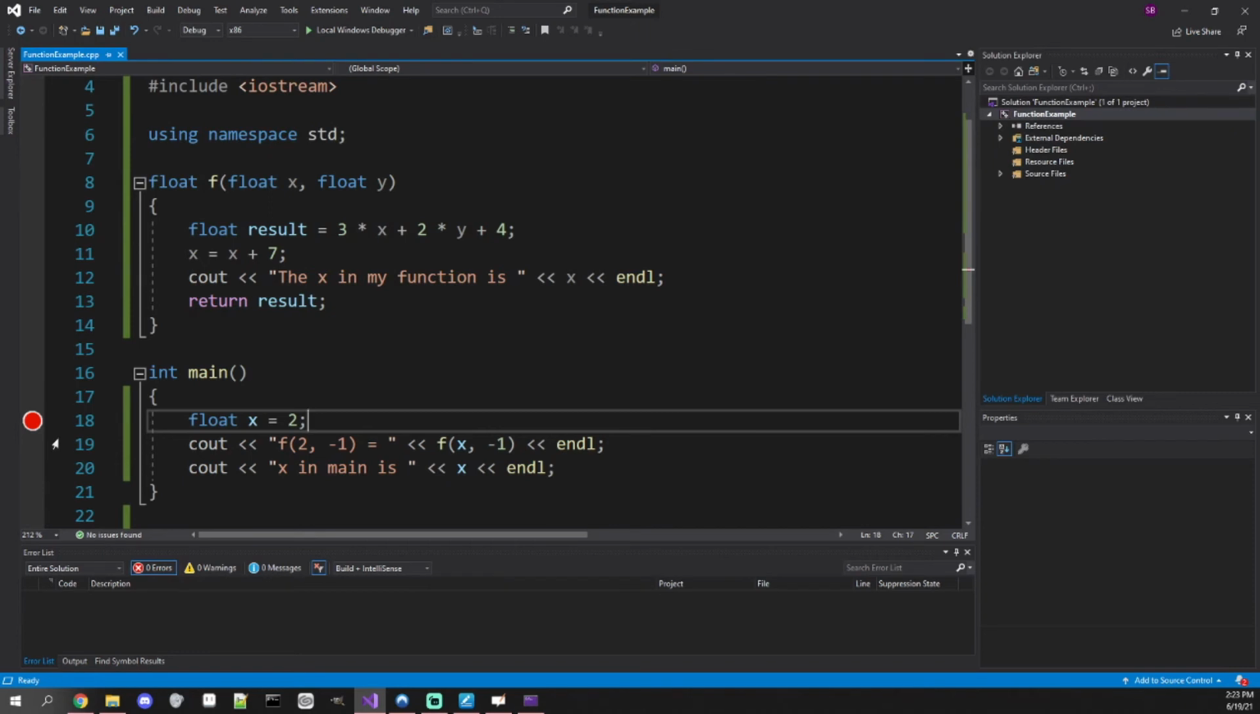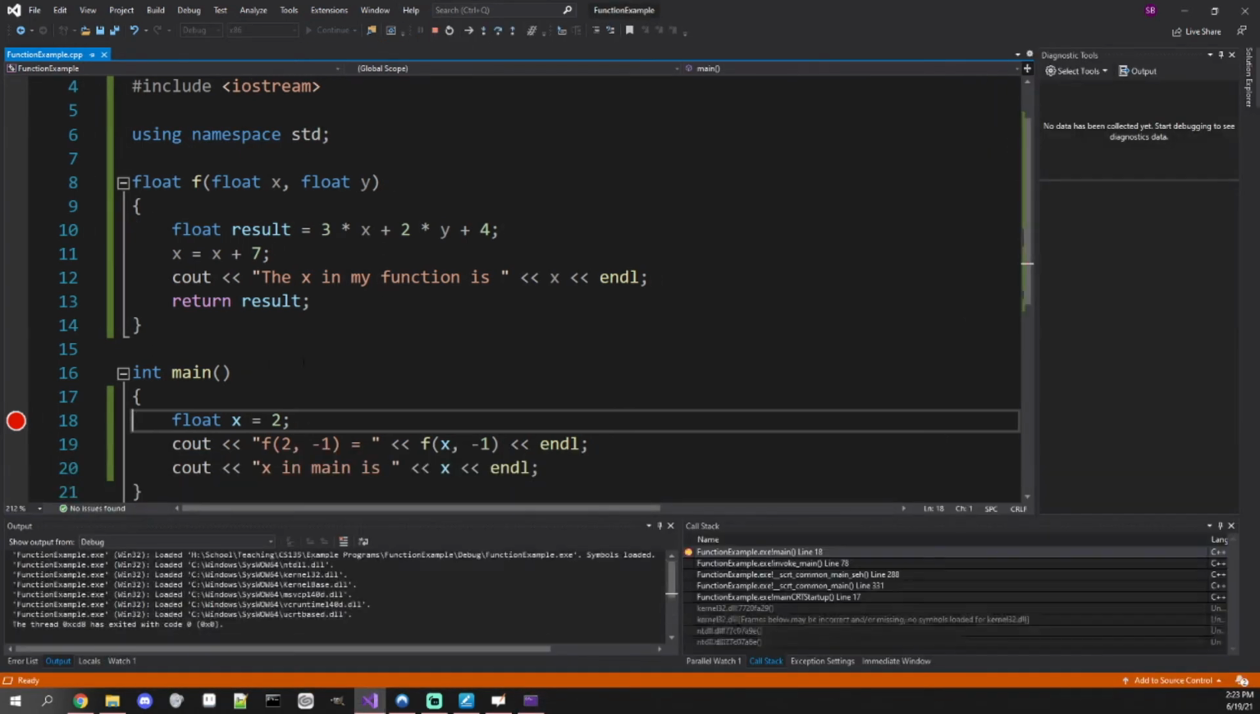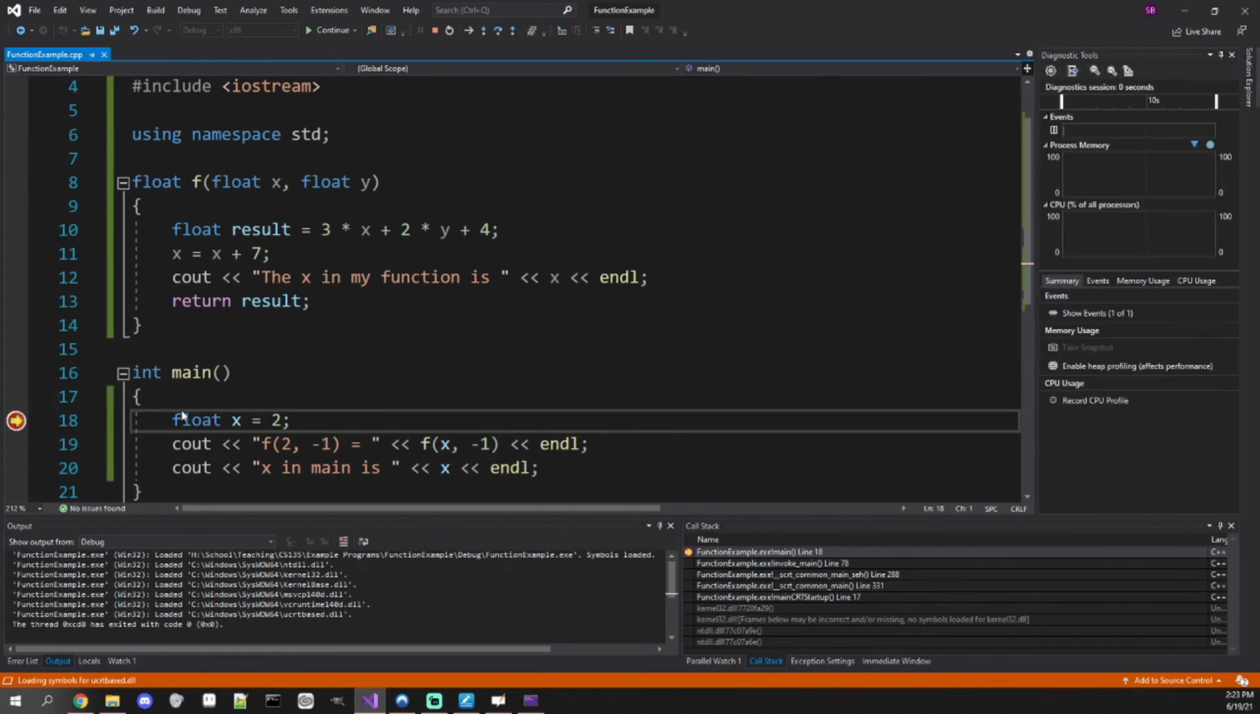So this is called a breakpoint. It's just part of the debugger. You can use it to stop your code early. So here it actually stops my code. You'll see the little yellow arrow. It stops it right on this line. It's on the x equals 2 part. I can use this